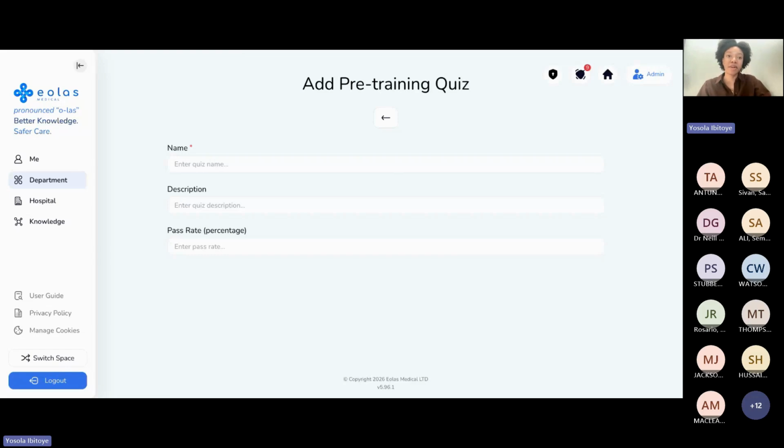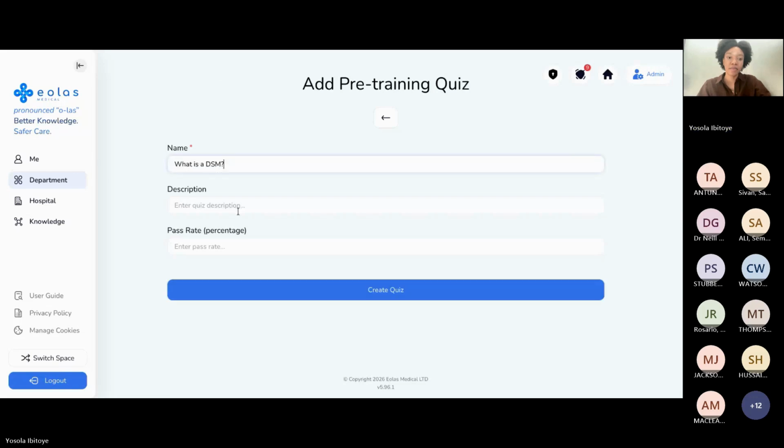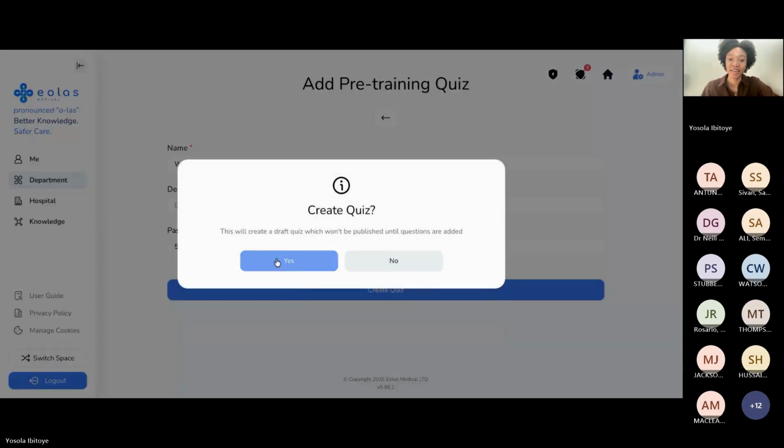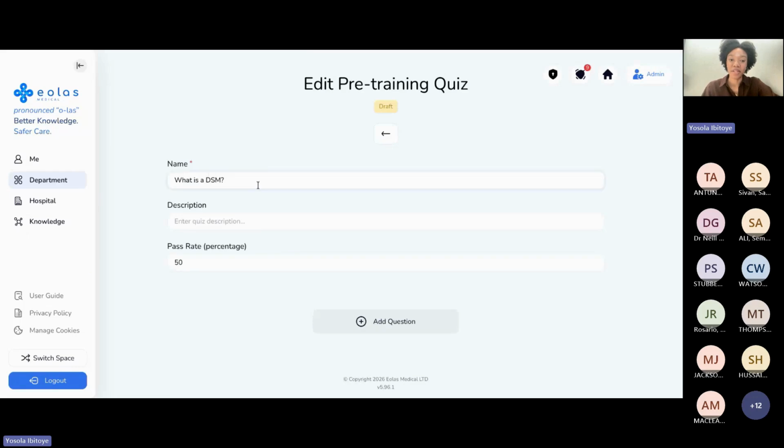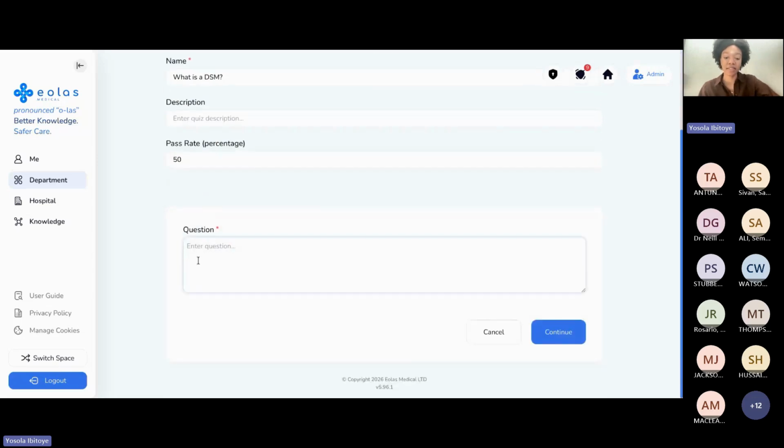So if I put in my question as, and then this is where you can also set the pass rate. So I'm going to set it pretty low at 50%. And that is my pre-training quiz added. And now I can add questions. Again, you can see this is in draft mode. So if I just add the question again,